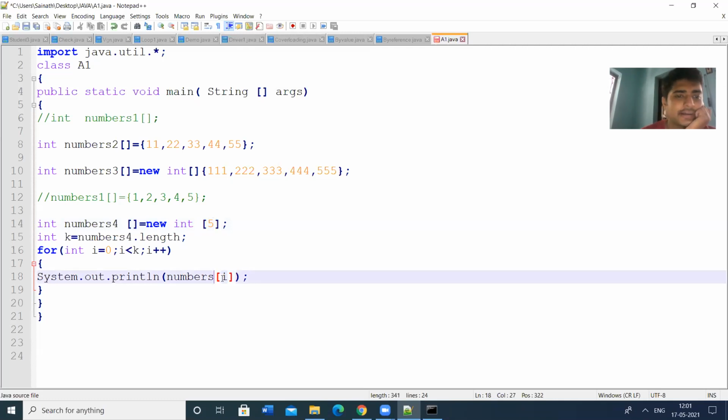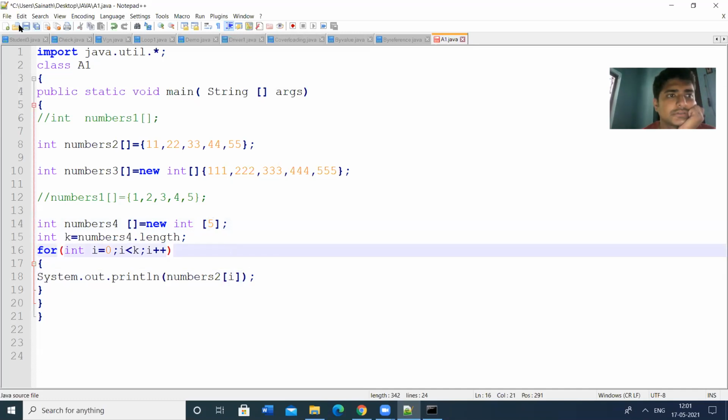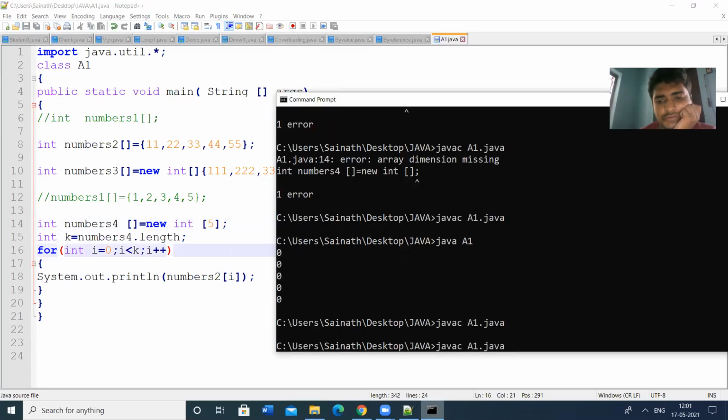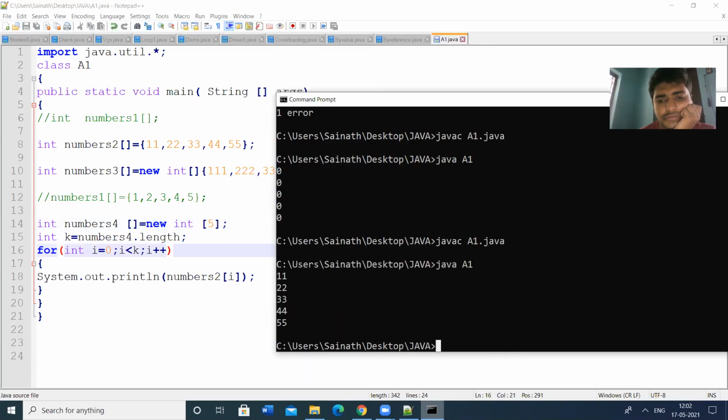So let us print the second array. The second array is printed.